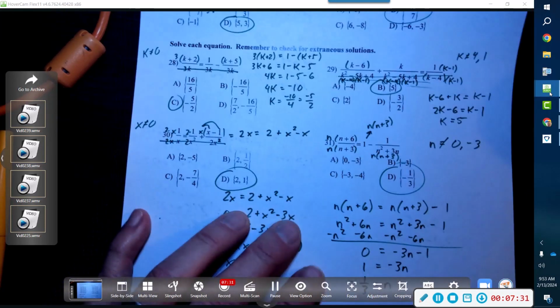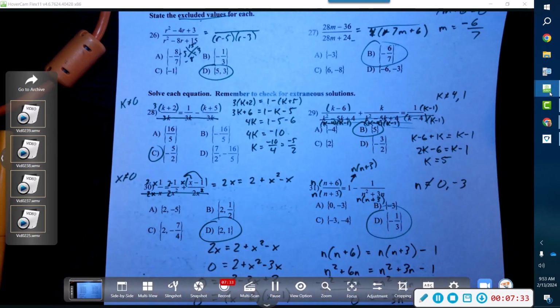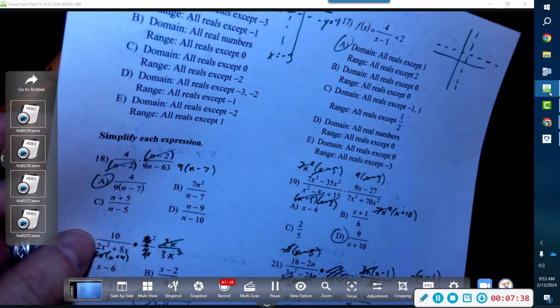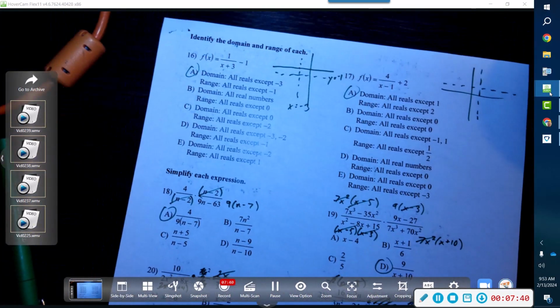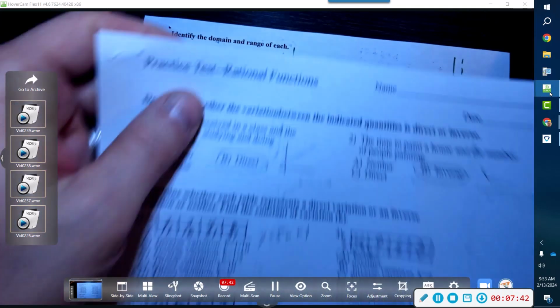Okay, so that's it. That is the game. It's going to be a relatively shorter test. Okay, and good luck. Please study. Oh my gosh, if you don't study,